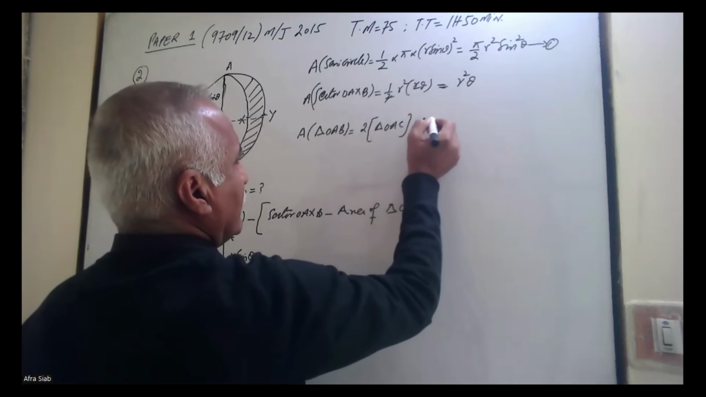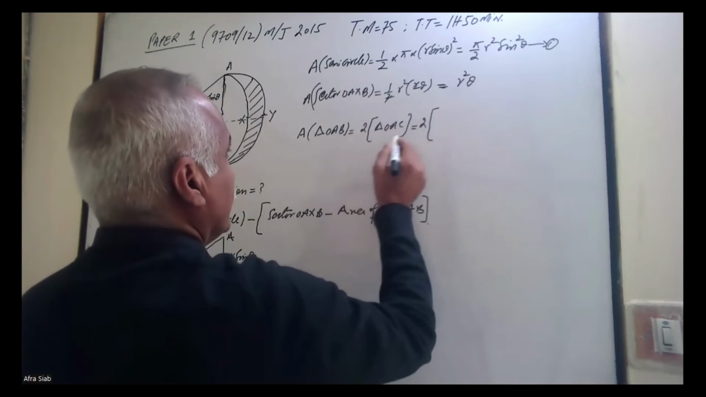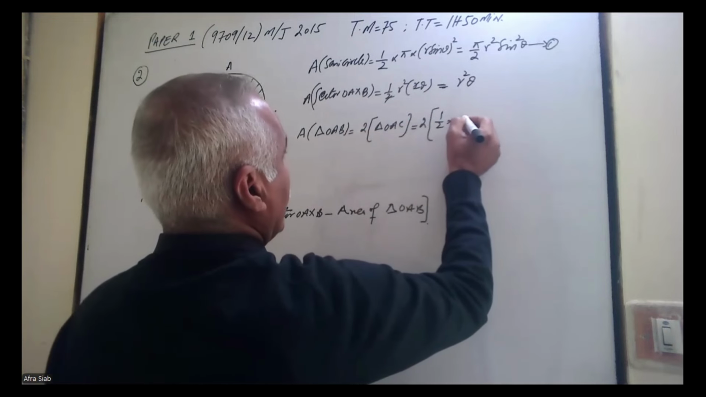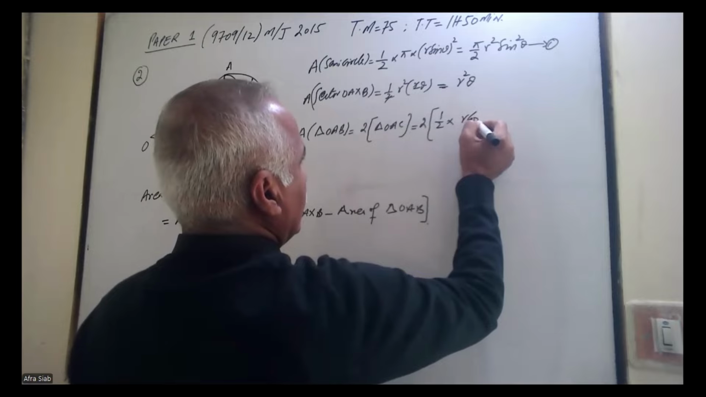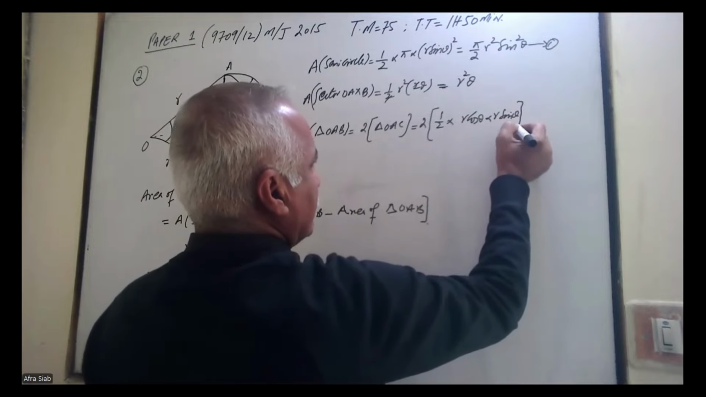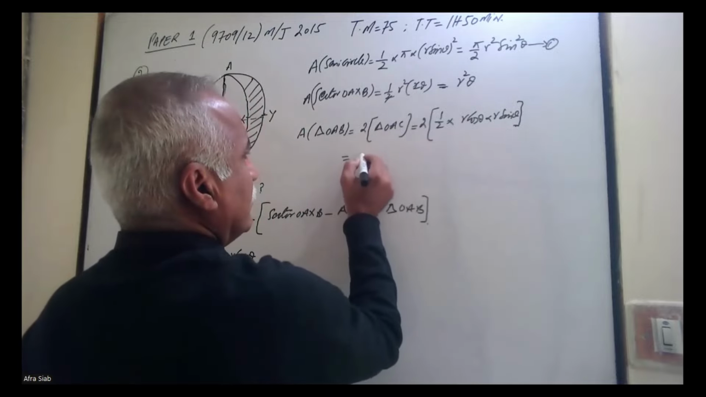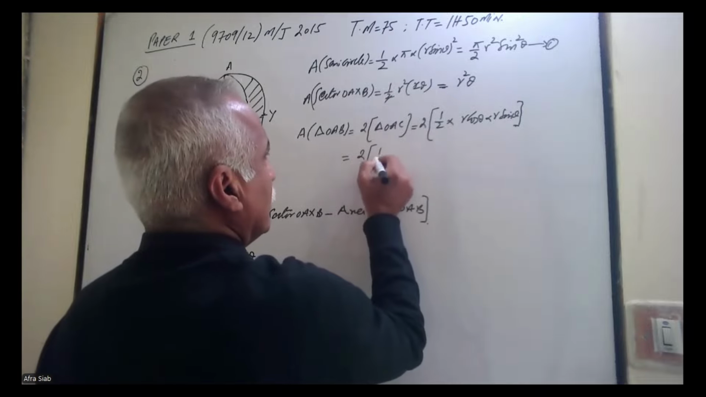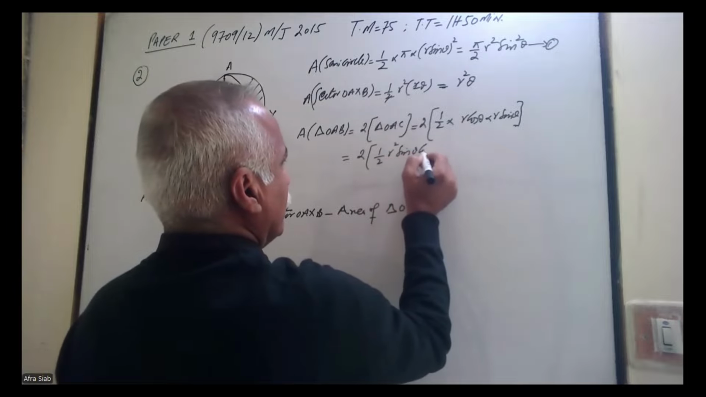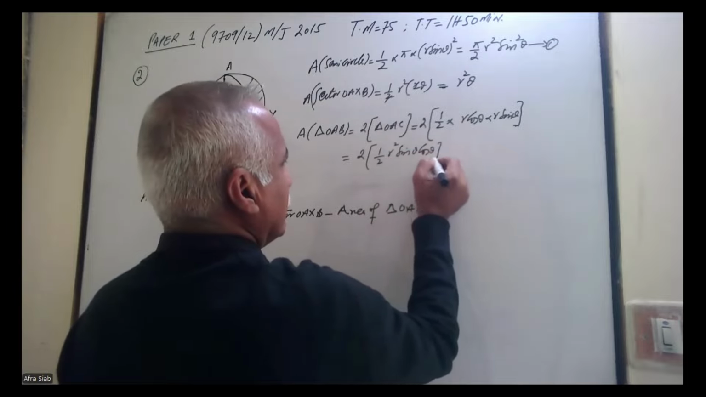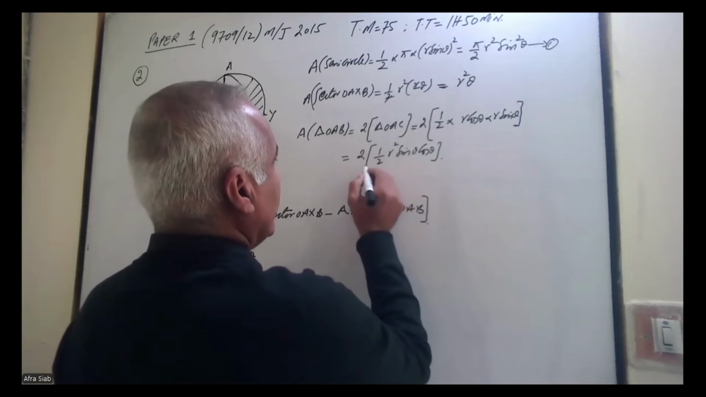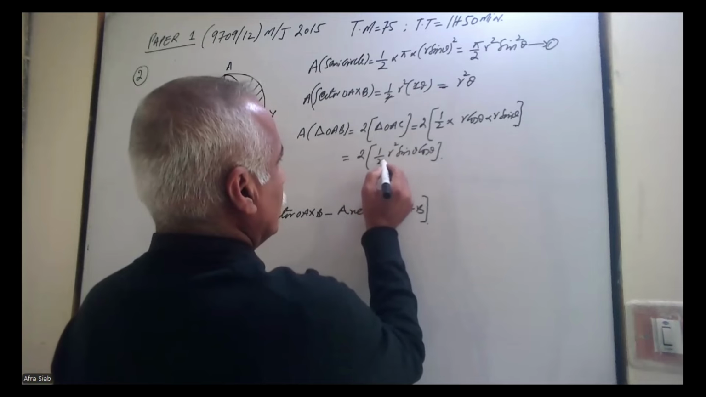This can be written as twice the area of the triangle OAC, which is half into base, that is r cos theta, and the height is r sin theta. So this is going to be equivalent to 2 into half r square into sin theta cos theta there. So the total area of this triangle will be equal to